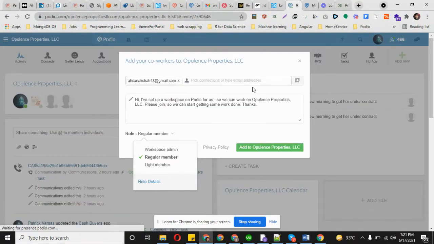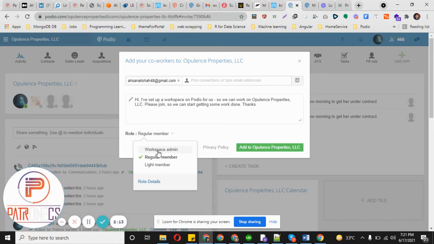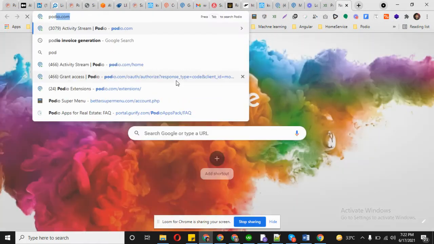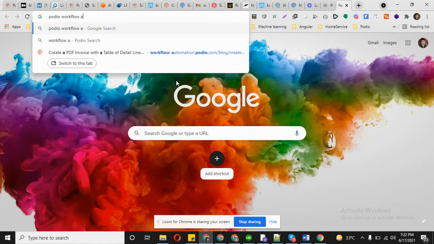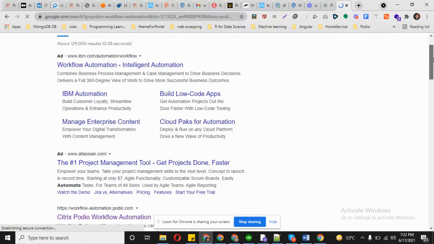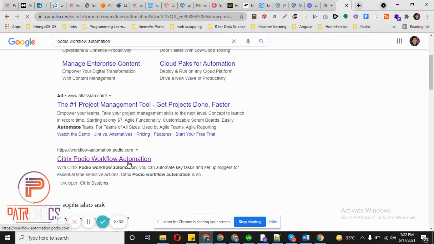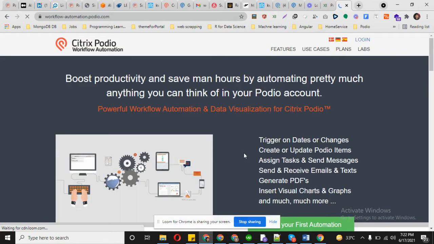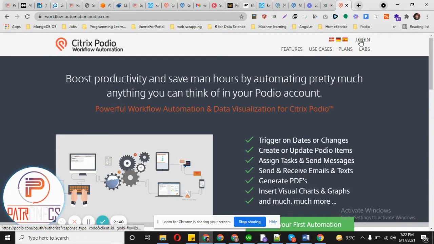We will not go into details, but if you provide a user the role of workspace admin, then they will have access to Podio workflow automation. Podio workflow automation is the backend of Podio where you can write workflows and do some stuff. So I am opening workflowautomation.podio.com. You will have access to this if that user is added as a workspace admin.